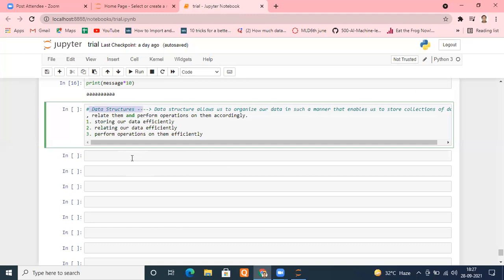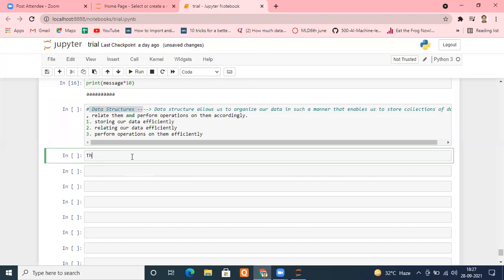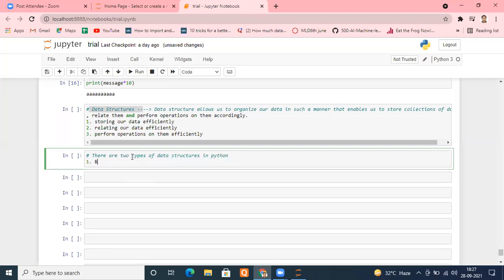Now there are two kinds of data structures. Remember, although we are bothered about only one, we should know both. There are two types of data structures in Python. One, built-in data structures, and this is the one you will be needing for your data science or machine learning.